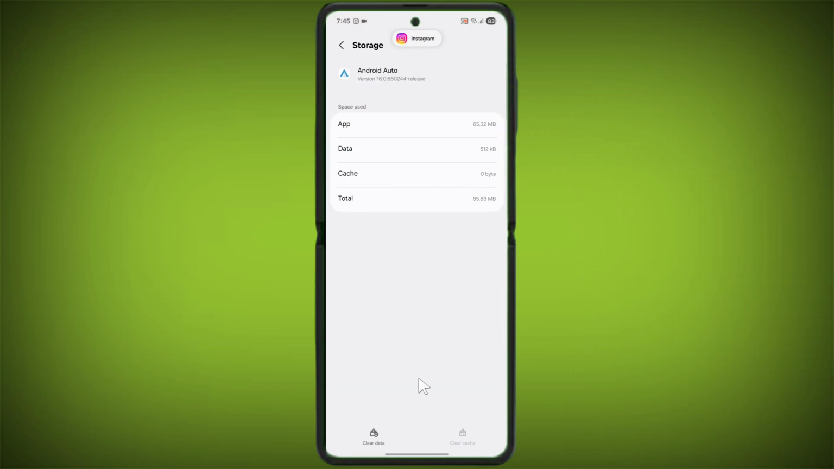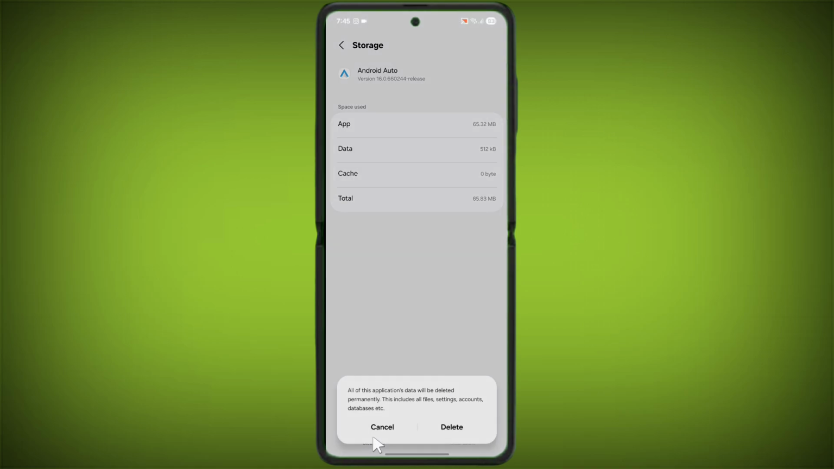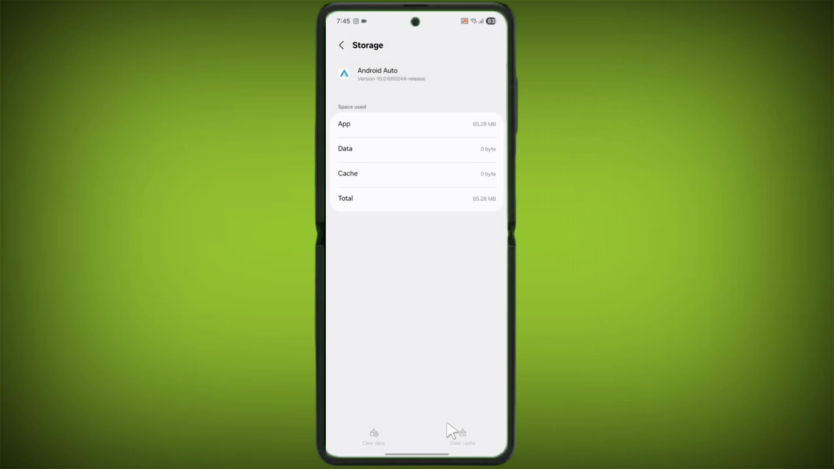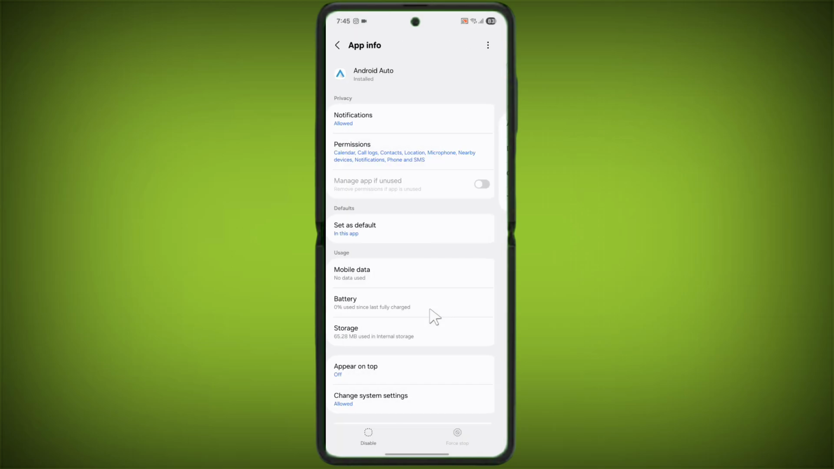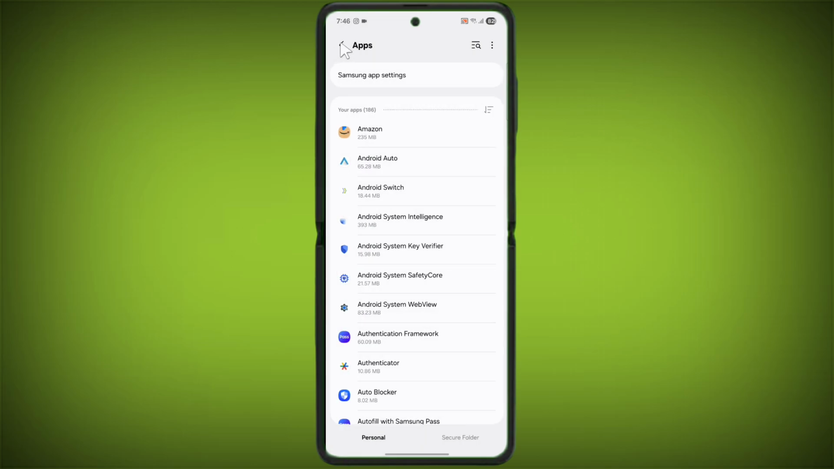click on clear data, then click on delete. Go back. Now go back and go back,